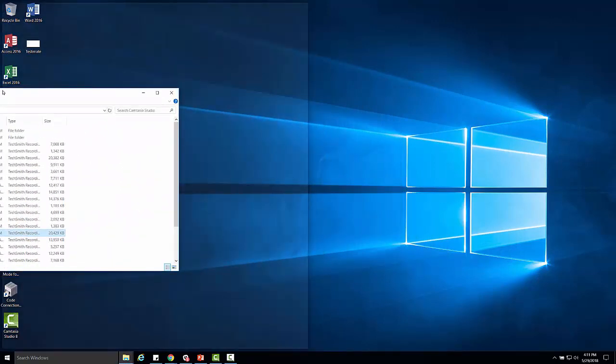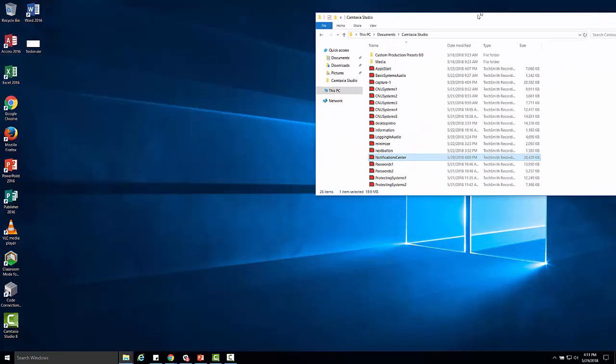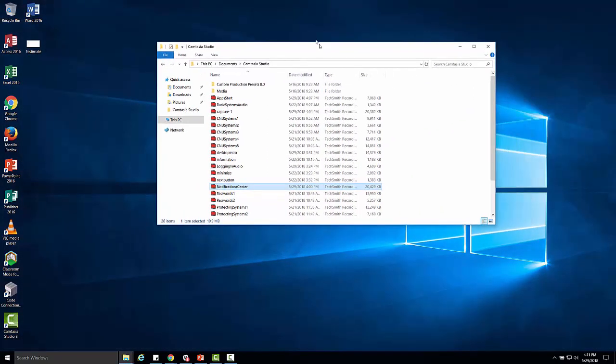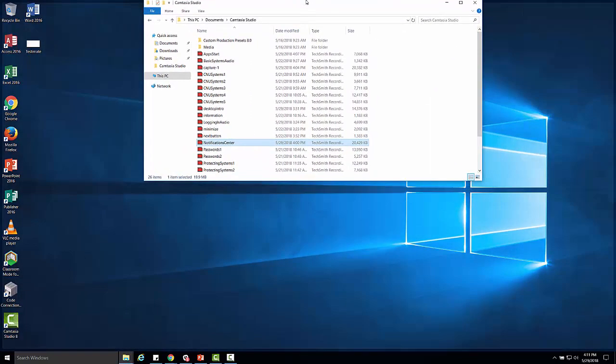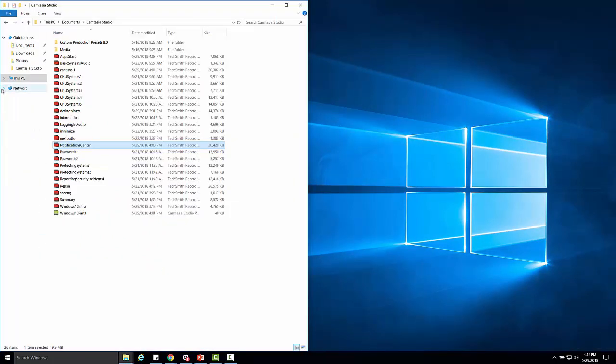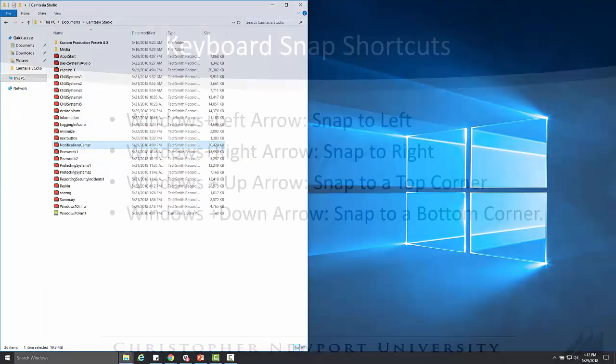A series of outlines will appear for where the application can be snapped. So when you drag the application to the right or the left, you snap it into the half of the screen. If I want to drag it into a corner, I can drag it there as well. And drag it to the top edge to snap it to the full-size window. Once you have a window snapped, say, to the half of the screen, you may be given an option to select another open program to snap it into the remaining slot.